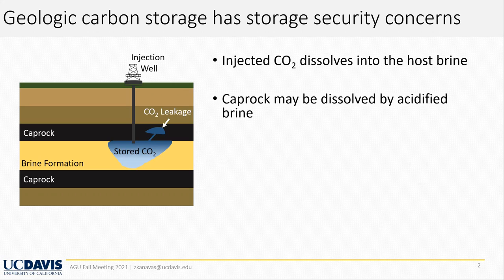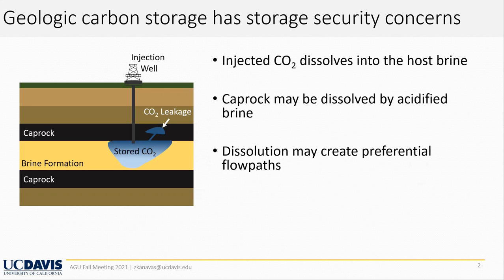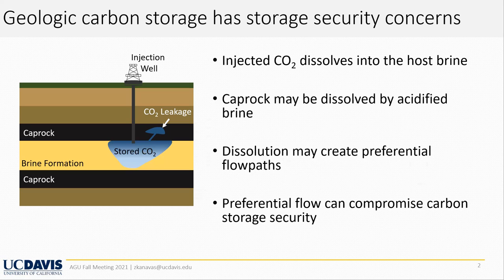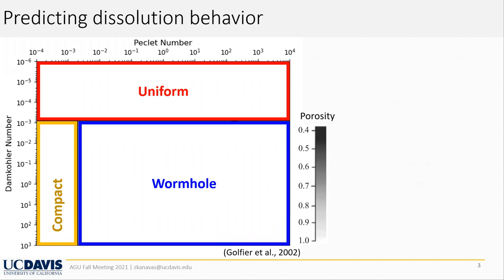CO2 acidified brine. Rock dissolution may create preferential or channelized flow paths where CO2 can escape and compromise carbon storage security. This motivates us to better understand and model the impact of fluid flow on solid dissolution in these brine rock systems. A classic view of dissolution behavior is shown in this phase diagram developed by Golfier and co-authors in